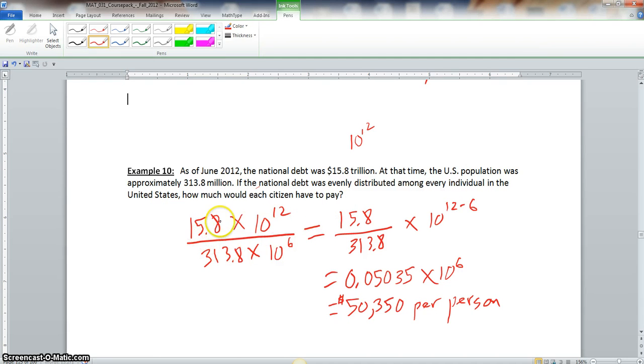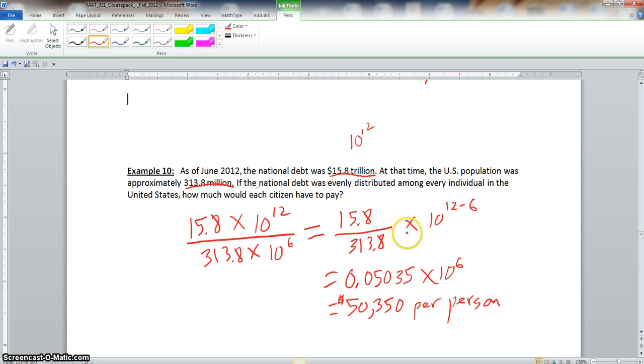So we'll take the 15.8 times 10 to the 12, because that will represent your 15.8 trillion. And then with the 313.8 million, we would take that and multiply it by 10 to the 6th power. So it'd be 15.8 times 10 to the 12. That would be 15.8 trillion. And 313.8 times 10 to the 6th will be your 313.8 million. Now, we set this up like we did the last problem. We'll take the 15.8 divided by 313.8. And in your calculator, that will give you